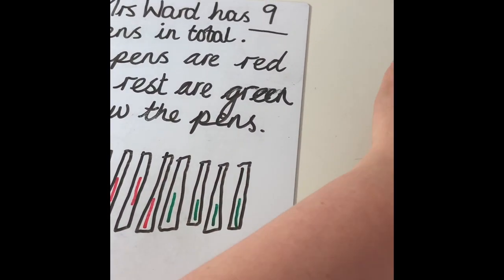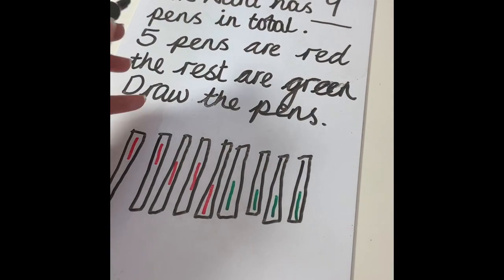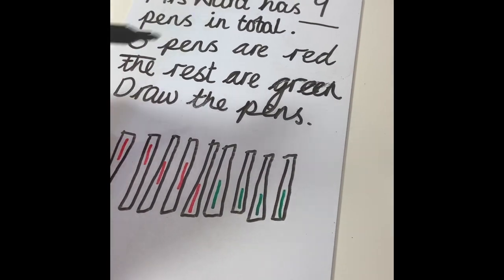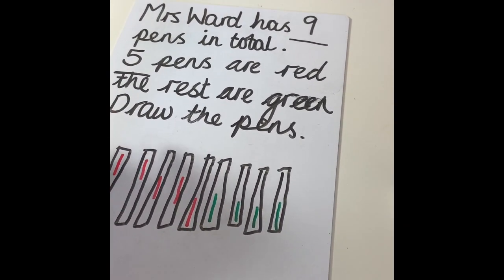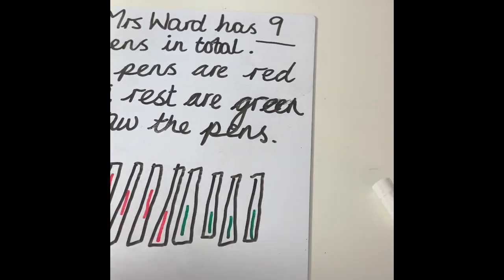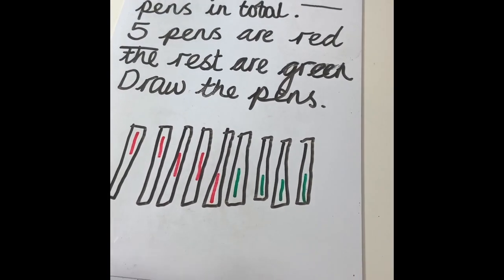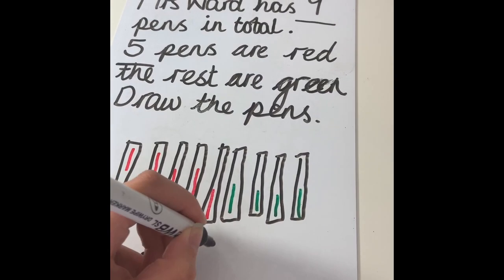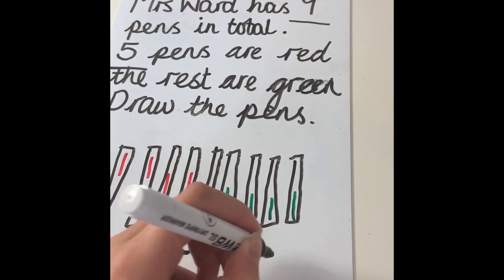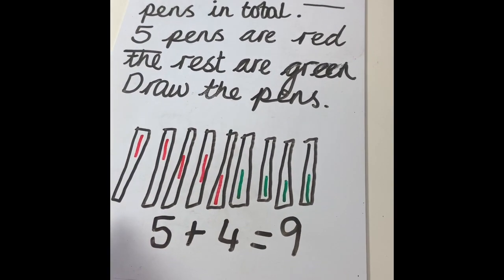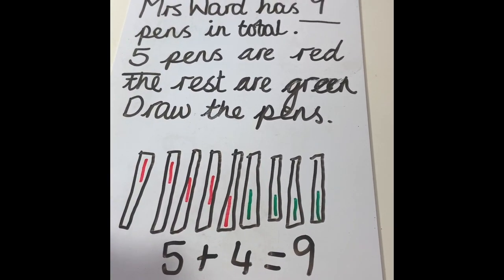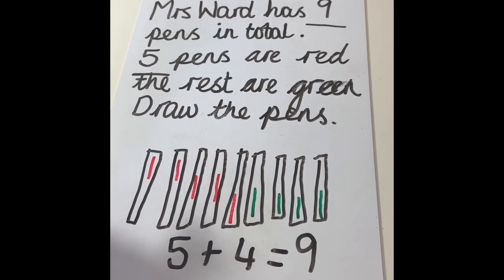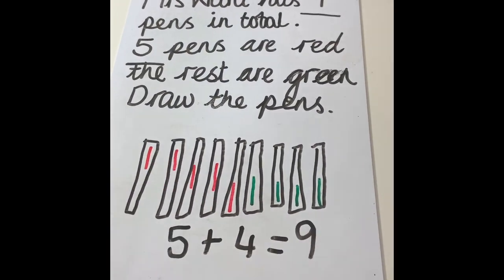So, Mrs. Ward has 9 pens. 5 pens are red, the rest are green. Draw the pens, then we know, after doing it, that we've got 5 add 4 equals 9. Okay? Pause this video and have a go at the question where it asks you to draw your own shapes